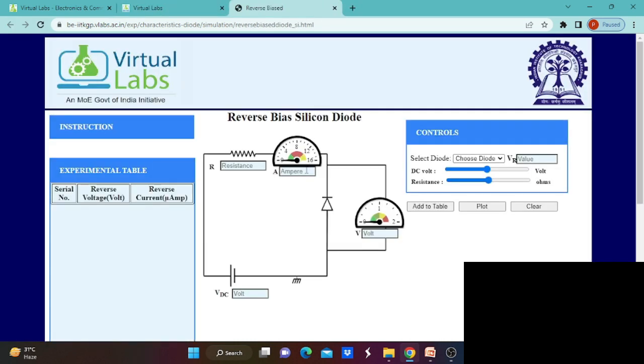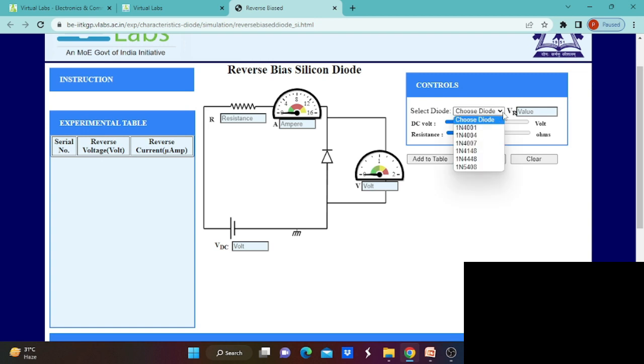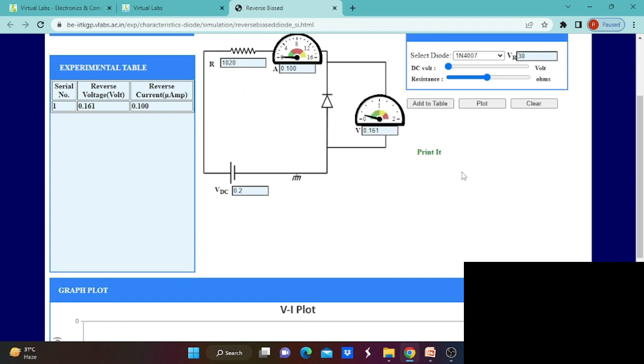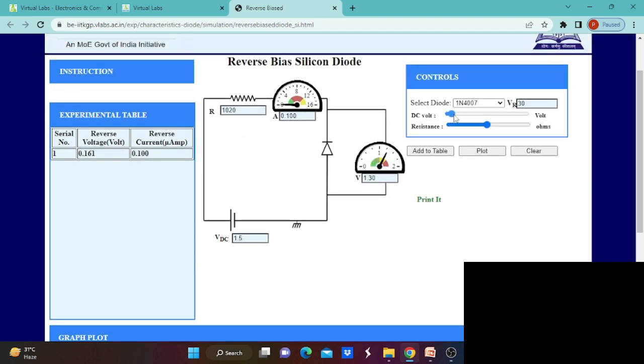Similarly, we move to reverse bias for the silicon diode. Here also we can choose the IN4007, and initially we set the resistance value. Here I can give approximately 1000 kilo ohm, and I can set the voltage to 0.2, add it to the table, and we will get the reverse voltage and reverse current, and we can plot it. Then we can increase the DC voltage,